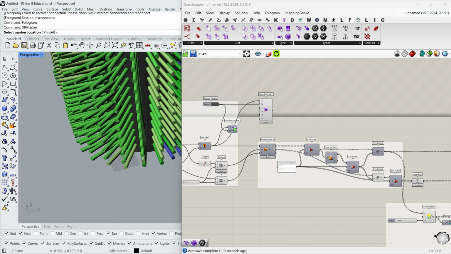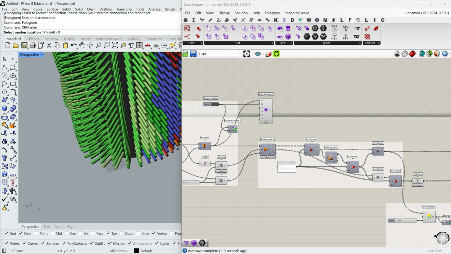I'll put it somewhere at the start of the coordinates, at the 0 point. And for the label, I'll use just 0. It's going to be marker 0. Press enter.